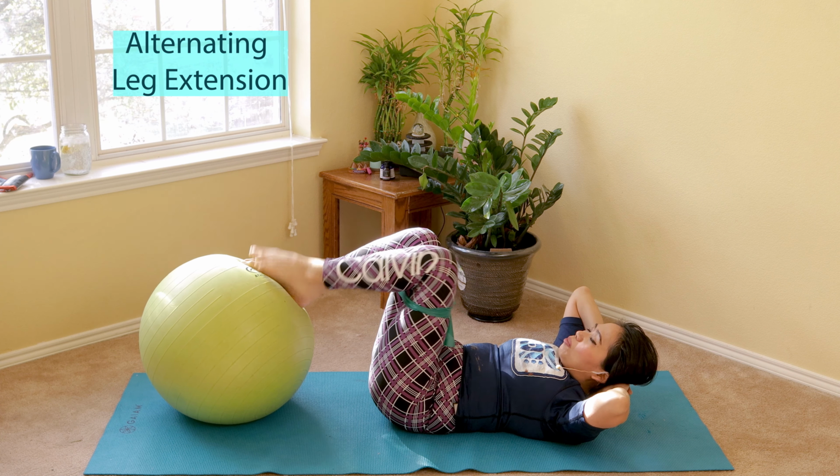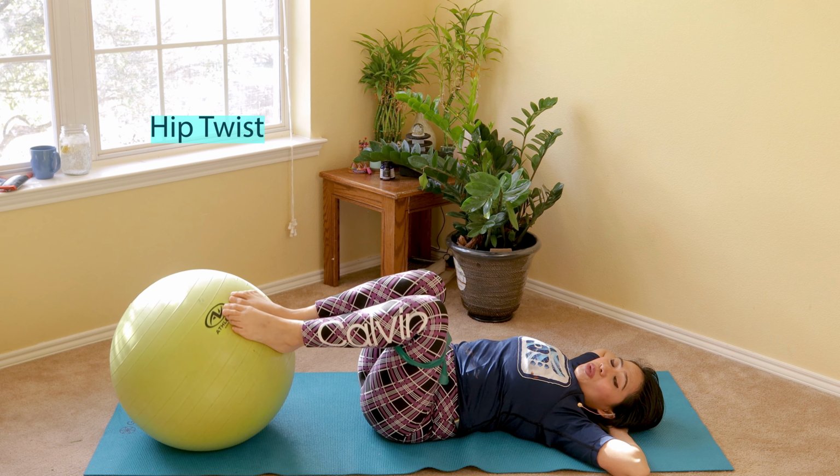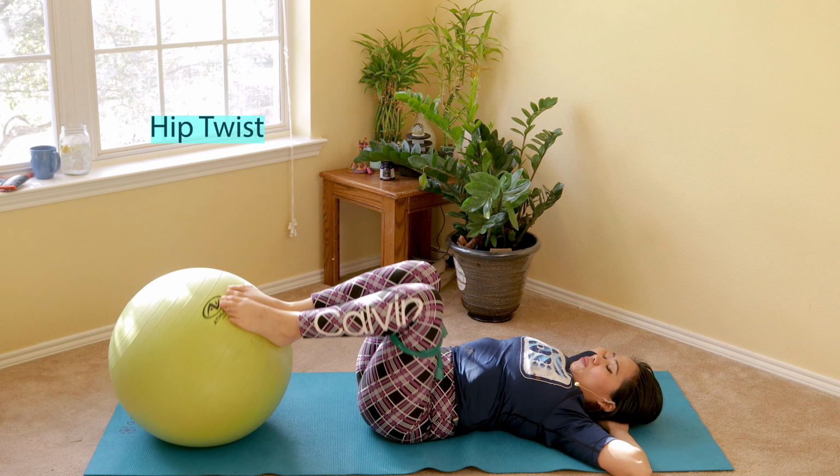With your breath work, squeeze your core in as you slowly twist in one side. With your breathing, last one. And down below. And now with the ball, you can also do the bridging, keeping your knees straight for beginners,